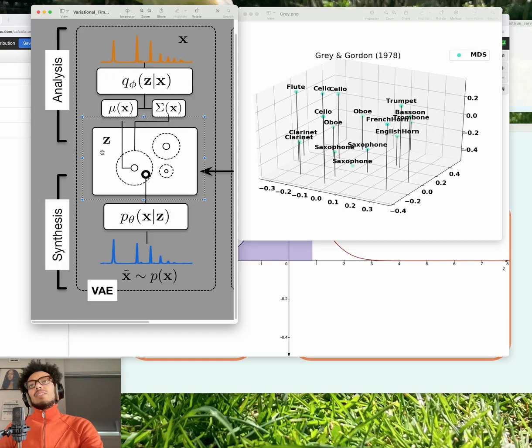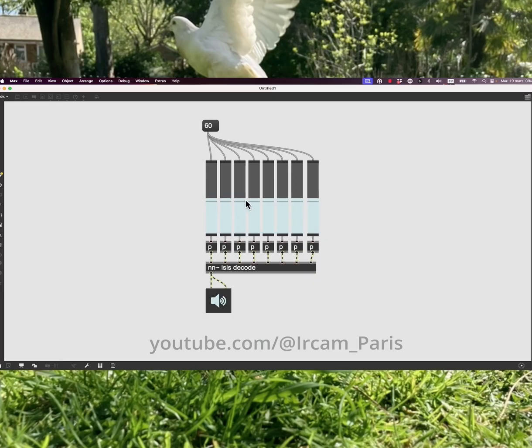And this latent space is what I'm interested in, because that's the opportunity to mess with the sound. So you can organize this space in lots of different ways, and you can also generate music, or generate timbres from this space in lots of different ways. So one popular model at the moment is RAVE.